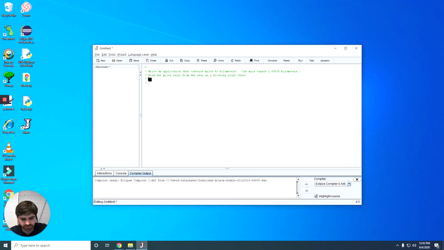Okay, so our goal for this one is to write an application that converts miles into kilometers, and then it tells us very helpfully that 1 mile equals 1.60935 kilometers. So we need to read the miles value from the user as a floating point value. That's another little helpful hint that it's given us. So the first thing that we're going to want to do